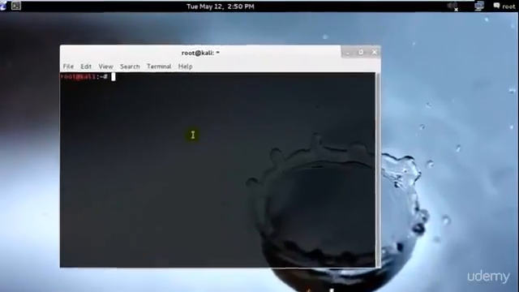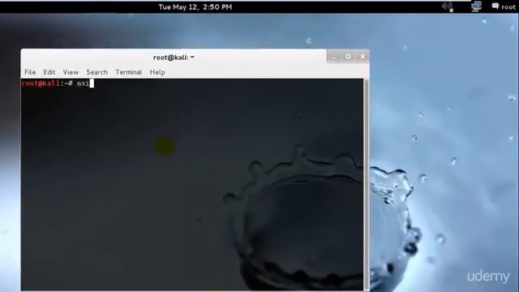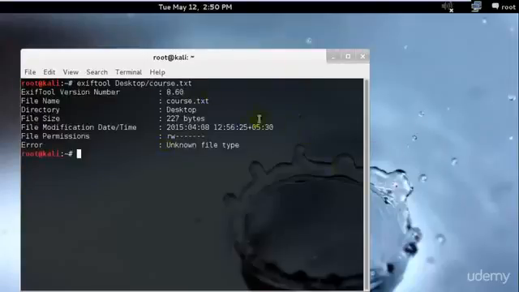What I'll do is type exiftool, desktop, let's say we have, perfect. I'll hit enter. So as you can see, I have over here the course text file, how many bytes,